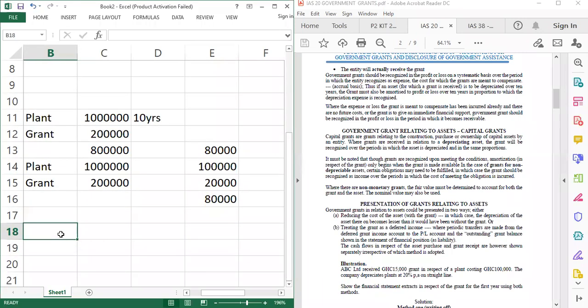Assuming government has given you an asset, which is 20,000 as a grant, how are you going to account for this? Which of the methods are you going to use? The government has given you an asset as a grant. Since you are venturing into this one, we are giving you this particular plan to do this and this. That is the condition, and they are giving you plans. They haven't given you money. How are you going to account for this? And which of these methods are you going to use?